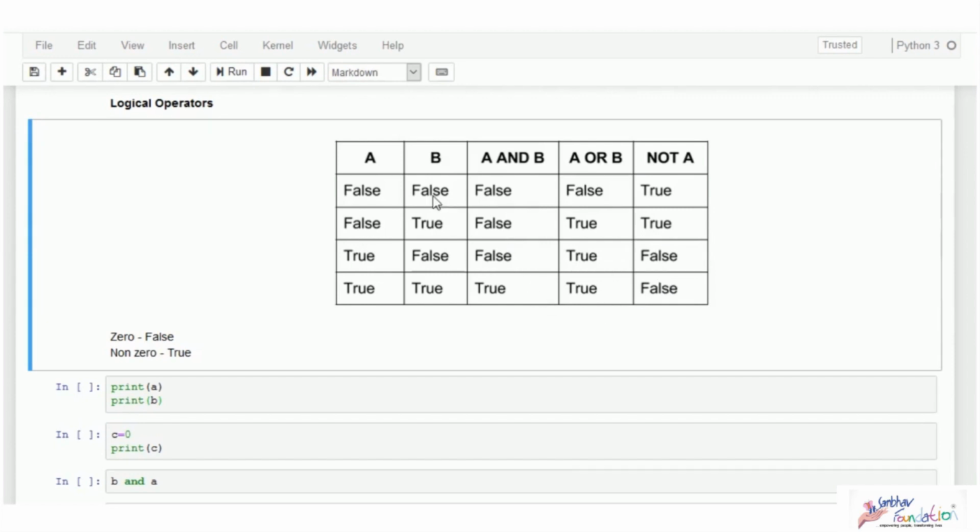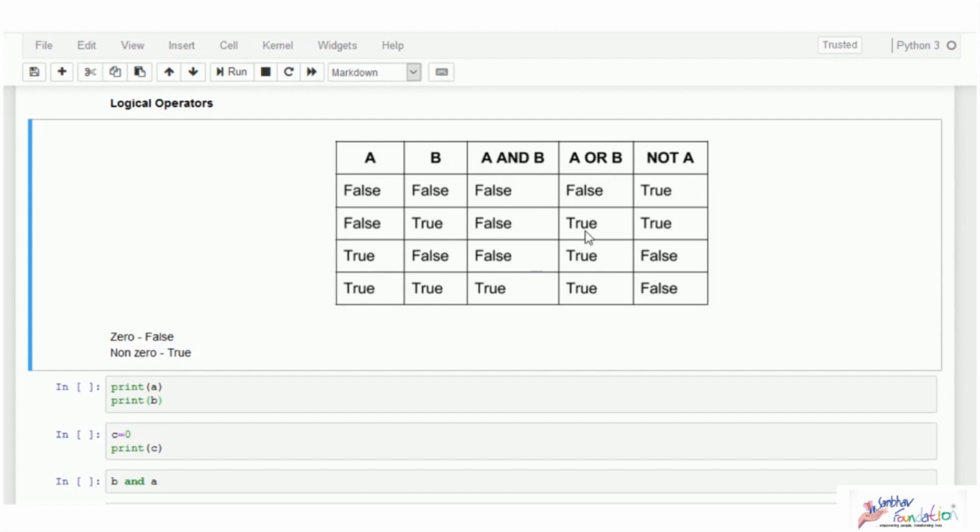When you use an AND operator, the result is true only if all the input values are true. Let's assume two variables A and B, and this is the result of the operation A and B. False and false gives you false, false and true gives you false, true and false also gives you false, only true and true gives you true. So only if all input values are true, your total output is true. Even if one of the inputs is false, the output is always false. You can see it clearly here. You can just refer to it once again and understand what happens here.